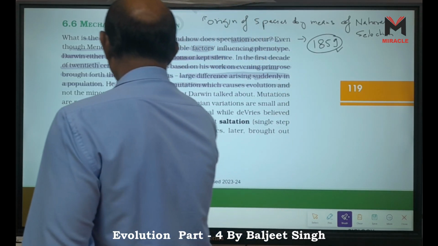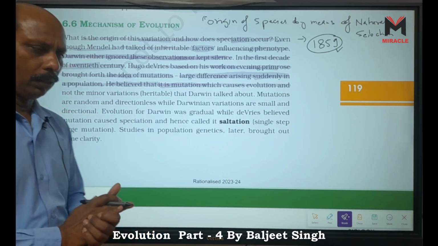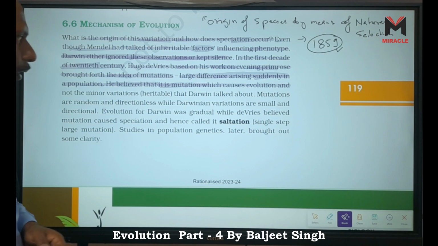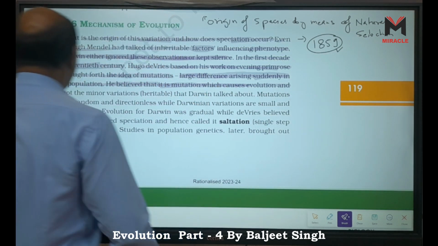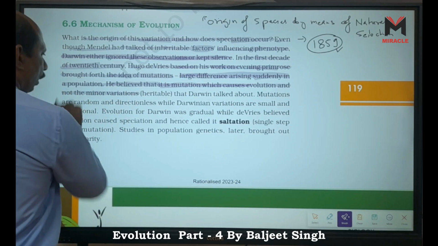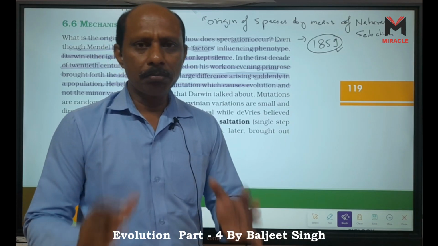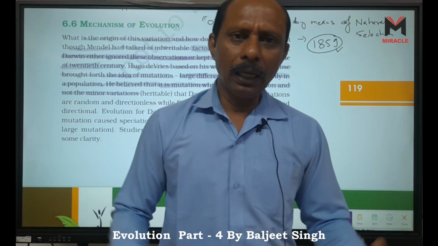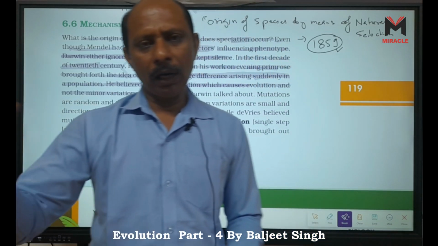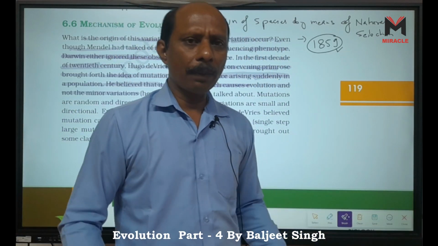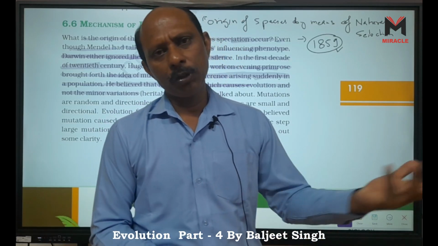According to Hugo de Vries, gradual accumulation is not responsible for evolution, but mutation is responsible for evolution, and not the minor variation. Who said the minor variation? Darwin said. These minor variations come into the new offspring and they accumulate, and after millions of generations, what happens? When this accumulation becomes more and more, they form a new species. But